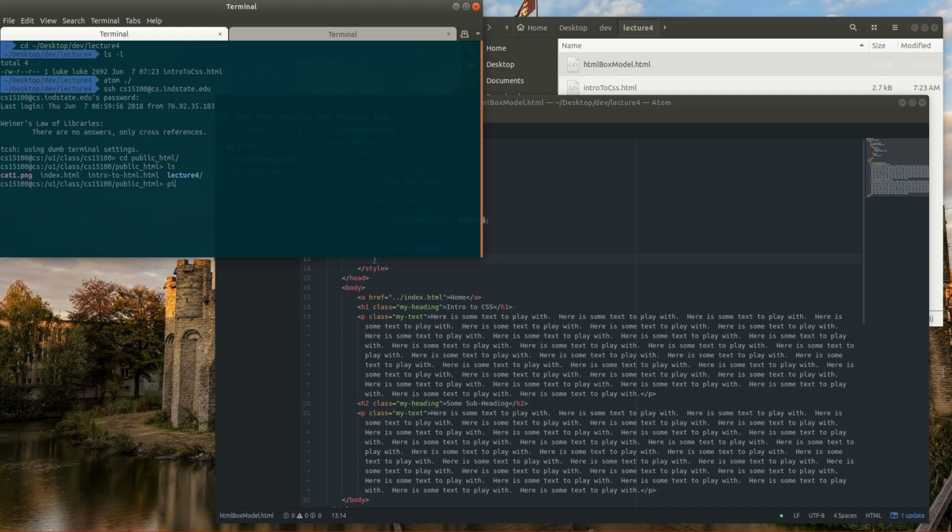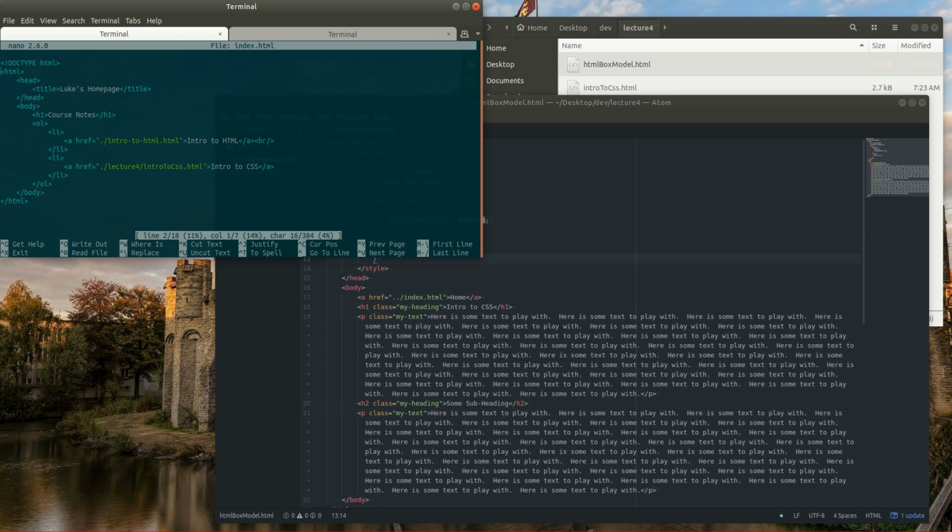So I need to edit my index again and add a link to this new HTML file. Oops, I don't need that BR tag in there. Okay, so I make a list item tag. Close it. Inside of that,